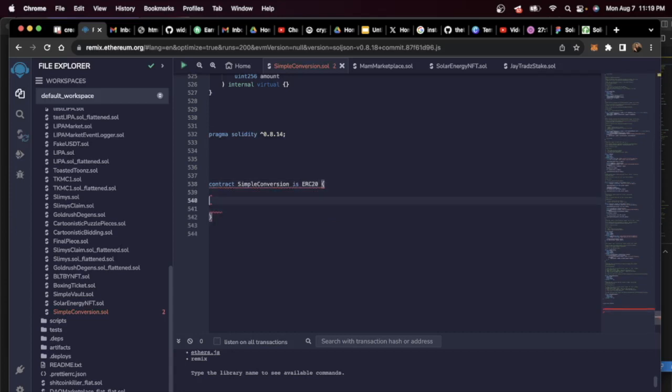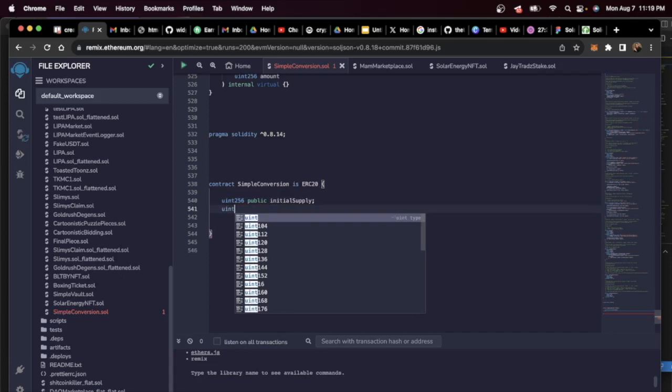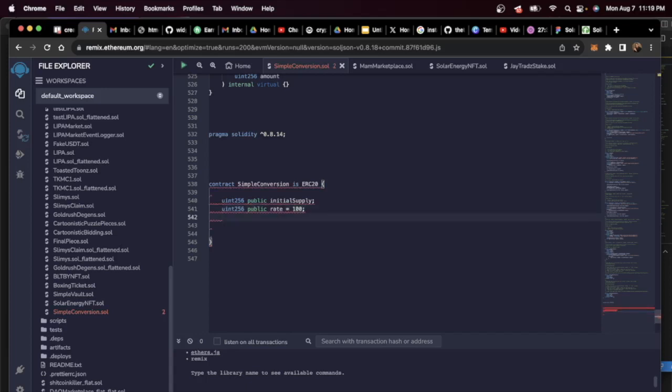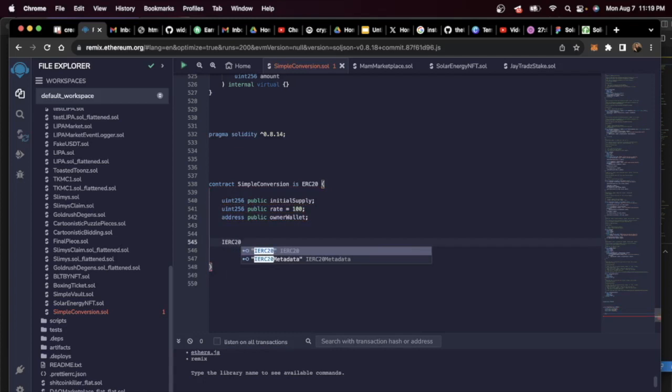What this ERC20 is going to do is, when we deploy it, it's going to have an initial supply, and we're going to set a rate, say 100. And let's designate an owner wallet. Last thing we need is